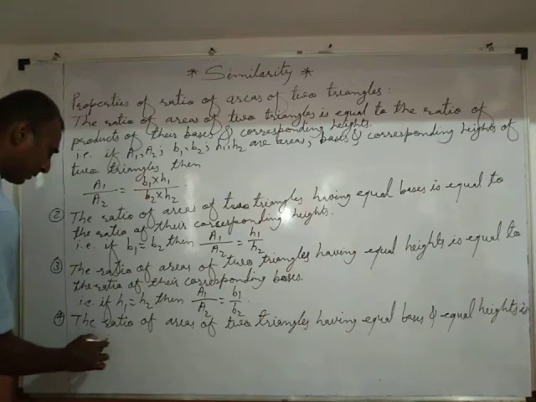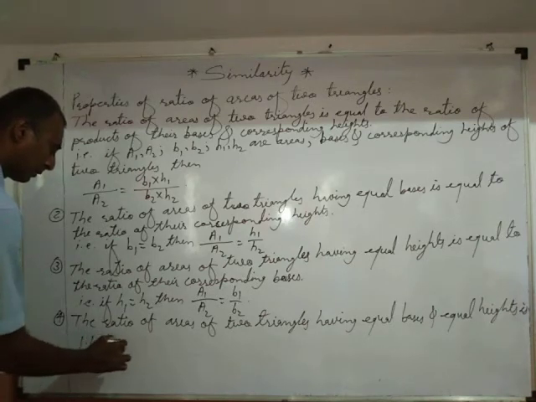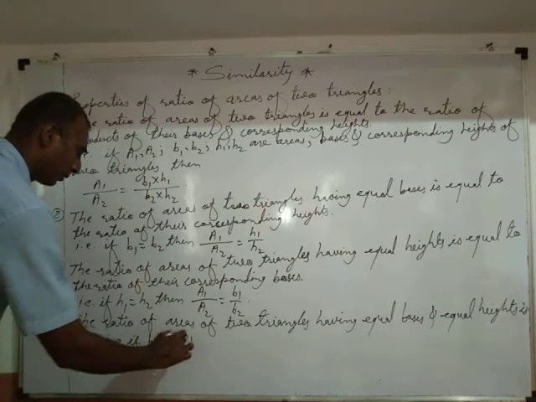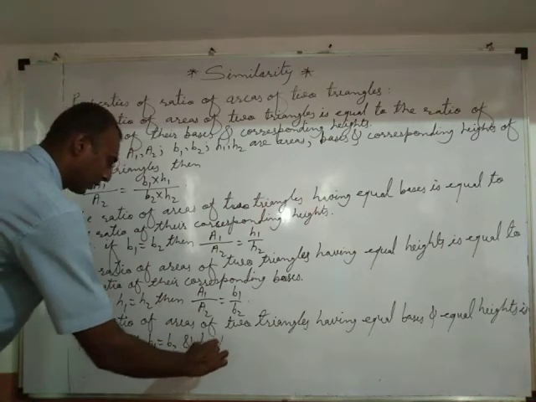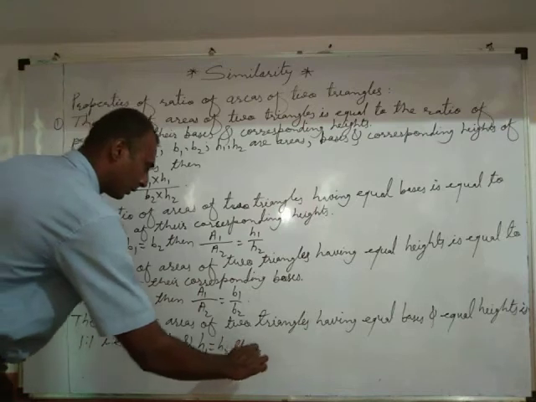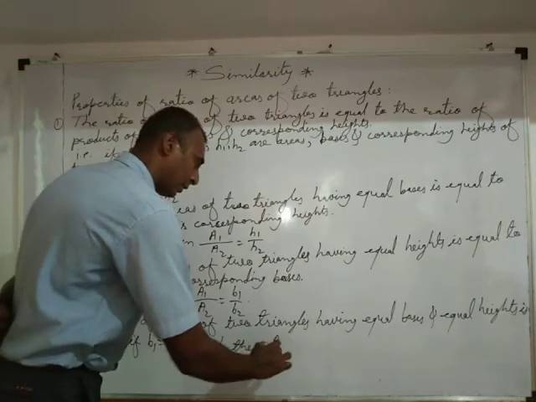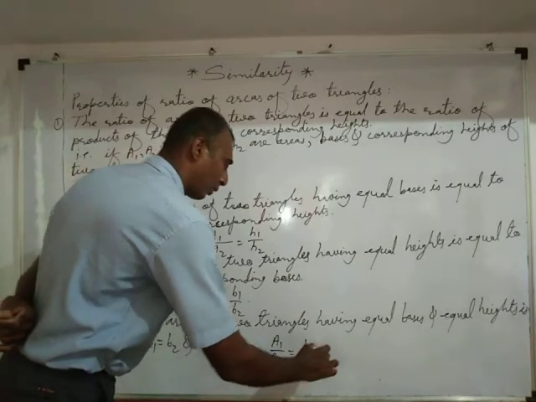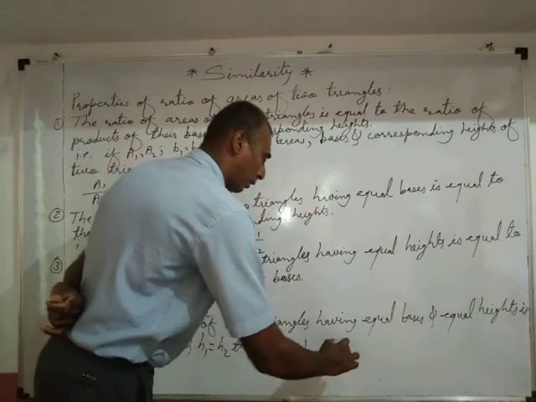That is, if B1 equals B2 and H1 equals H2, then A1 upon A2 equals 1/1,